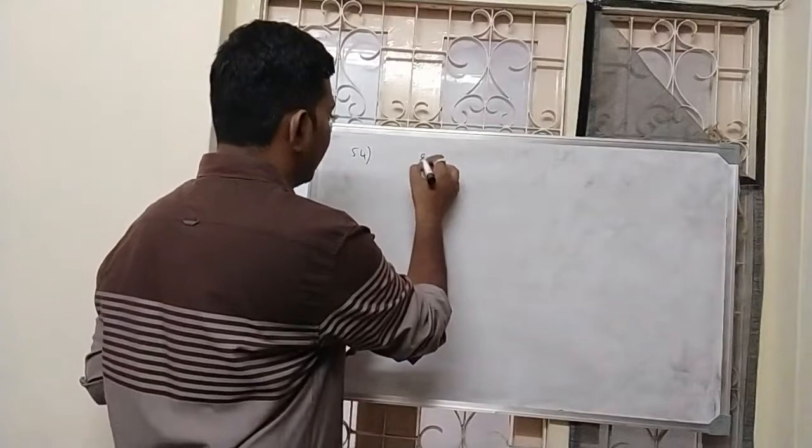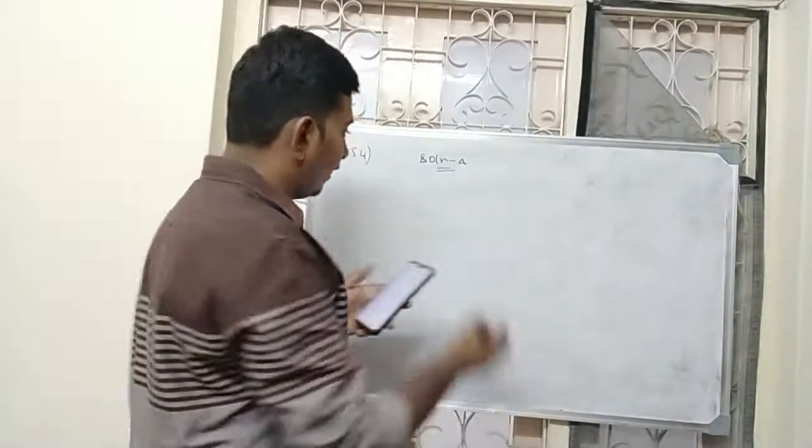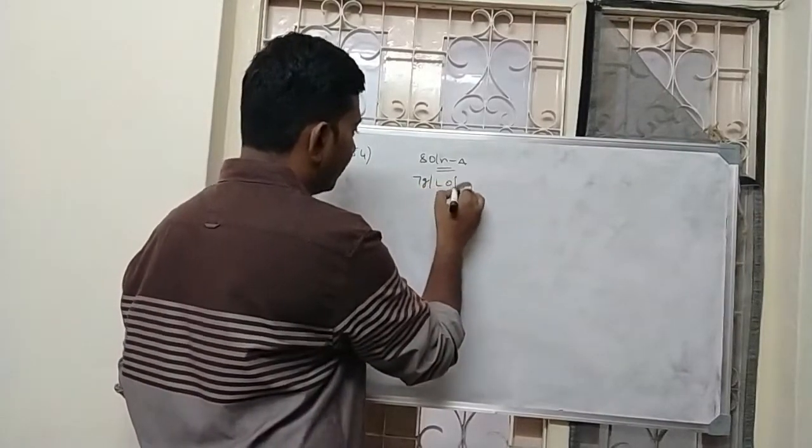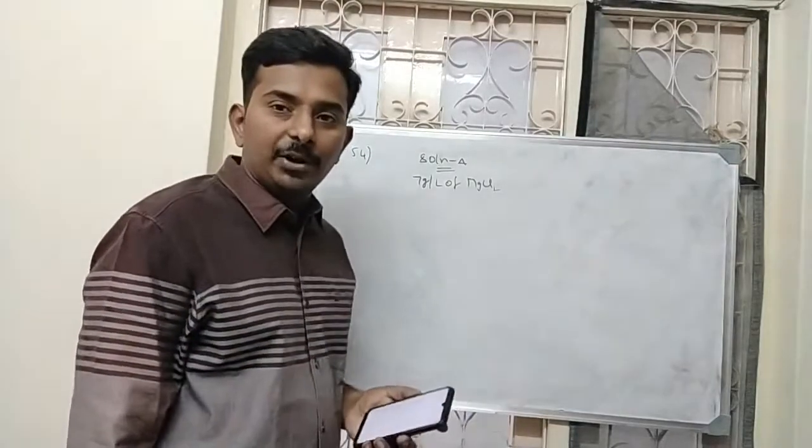Solution A contains 7 gram per liter of magnesium chloride and solution B contains 7 gram per liter of NaCl. At room temperature, they are asking whether the osmotic pressure of solution A will be greater or the osmotic pressure of solution B will be greater. First coming to solution A, which consists of 7 grams per liter of magnesium chloride.